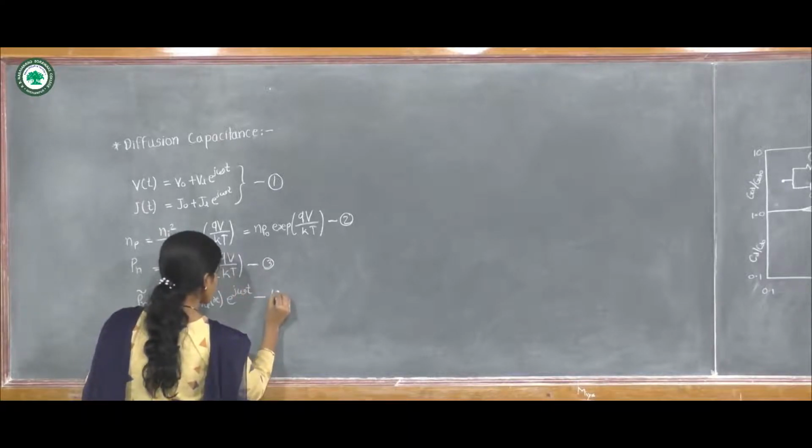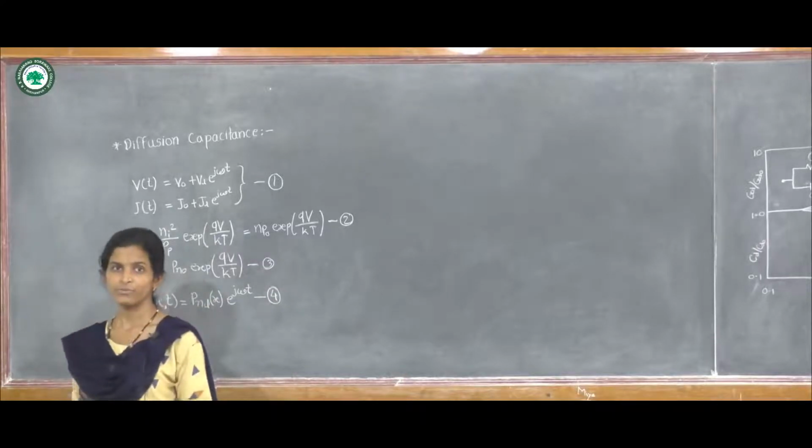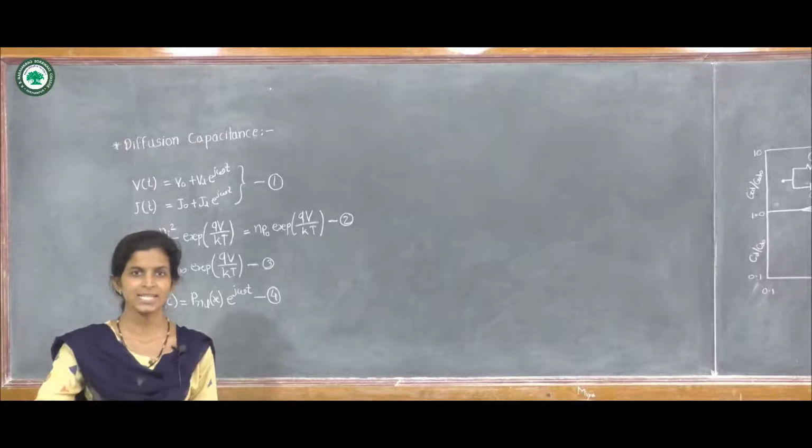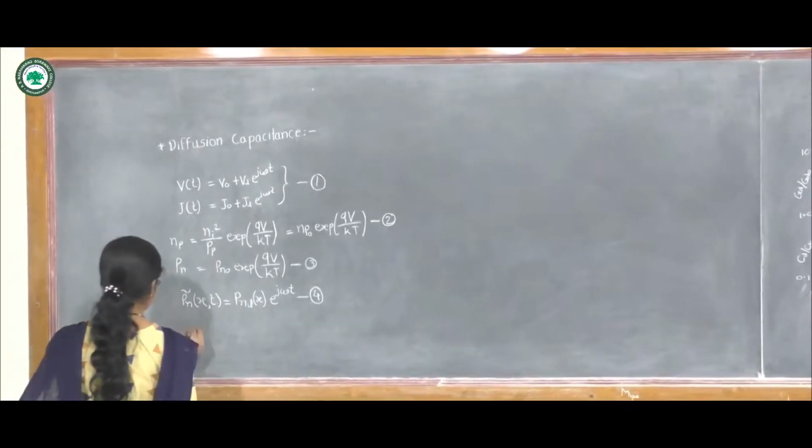This is equation number 4, and for VL less than V0, we obtain